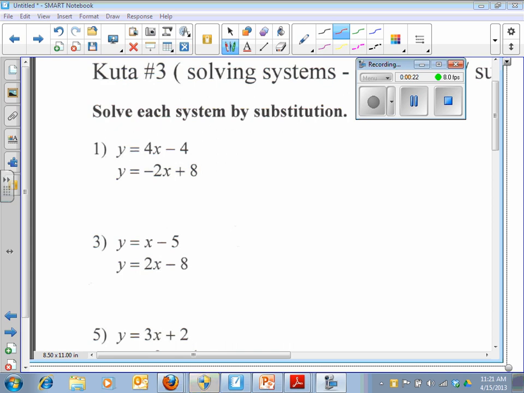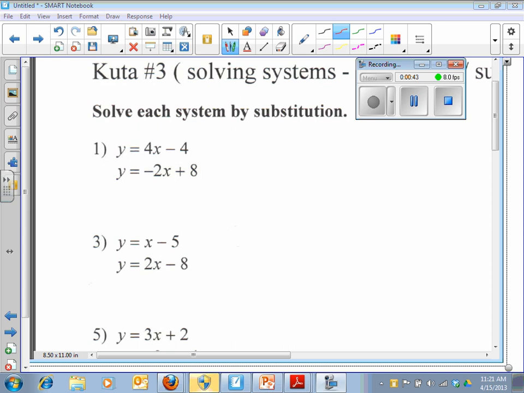One says y equals 4x minus 4. The other says y equals negative 2x plus 8. And if we were to graph these two equations, they would intersect at a certain point in the graph, and that would be the solution to the system of equations, that point of intersection. We've done a unit on graphing, but this is using just an algebraic method to find that point of intersection,